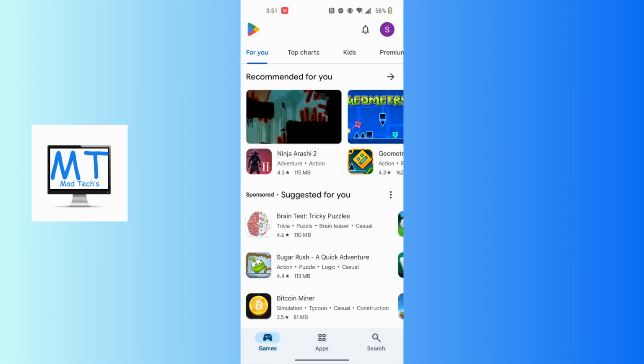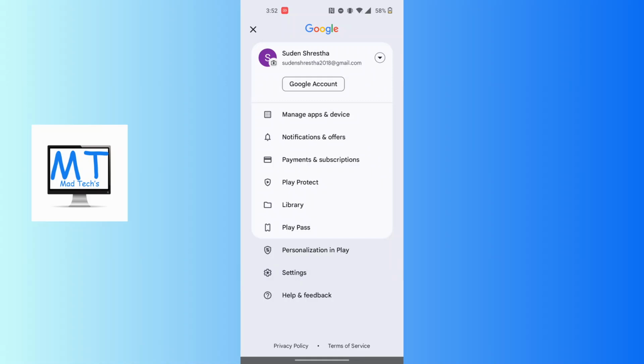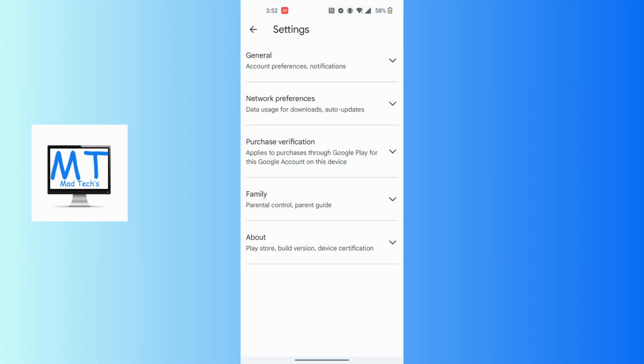And after opening your Play Store, guys, over here at the top right corner of the screen, you can see a profile picture icon available for us. Tap on your profile picture icon at the top right corner of the screen, and this kind of interface will appear where you can see the settings option available for us over here at the bottom of the list. Tap on settings, and when you tap on settings, you land on this interface where the fourth option you can